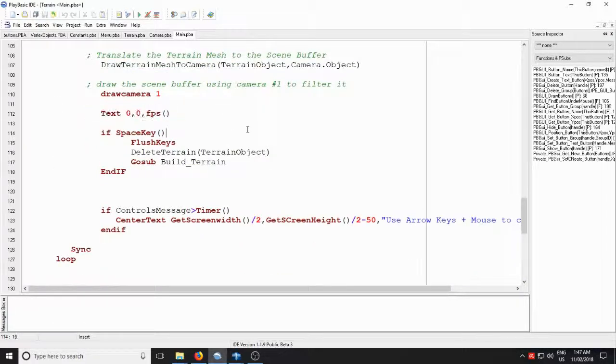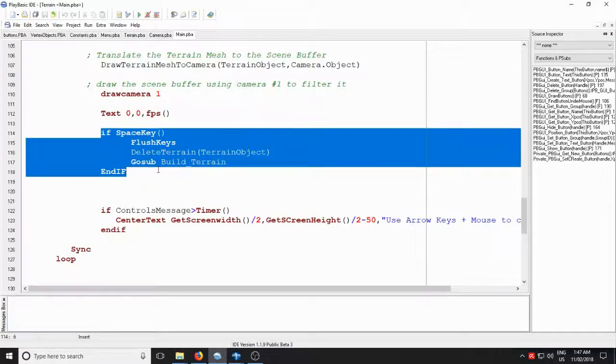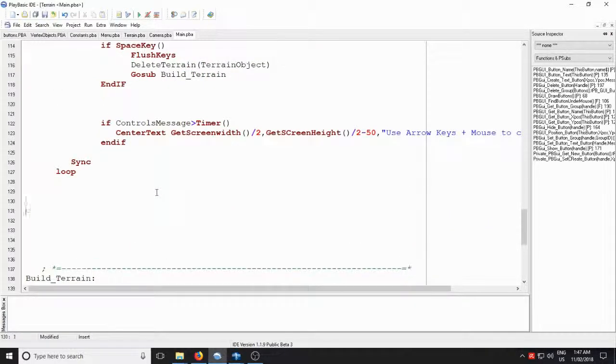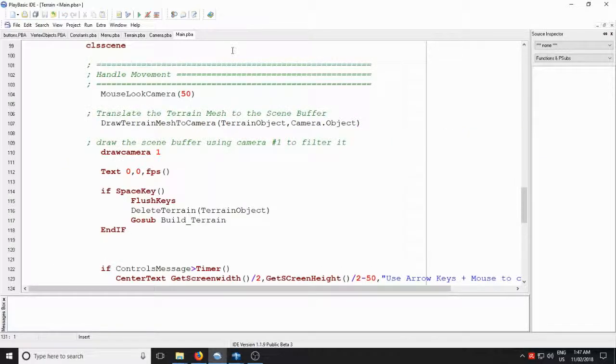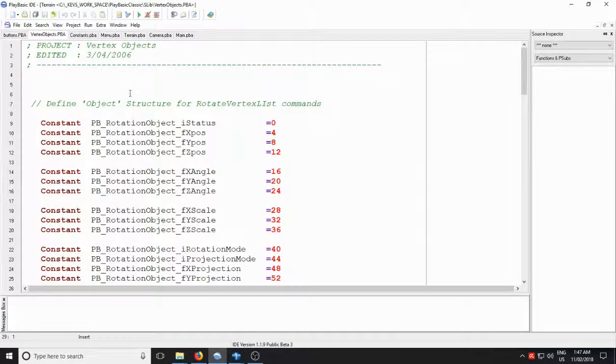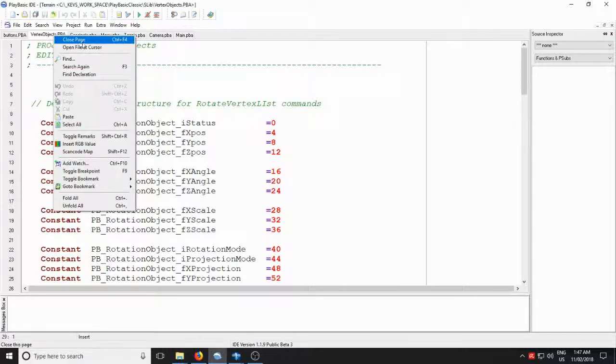Displaying some frames per second. Got a space key detection here, so if we hit space we can regenerate the terrain object. And display a message based on the time. I know that's probably a terrible overview of this piece of code. It's very complicated. This vertex objects library is actually one of those